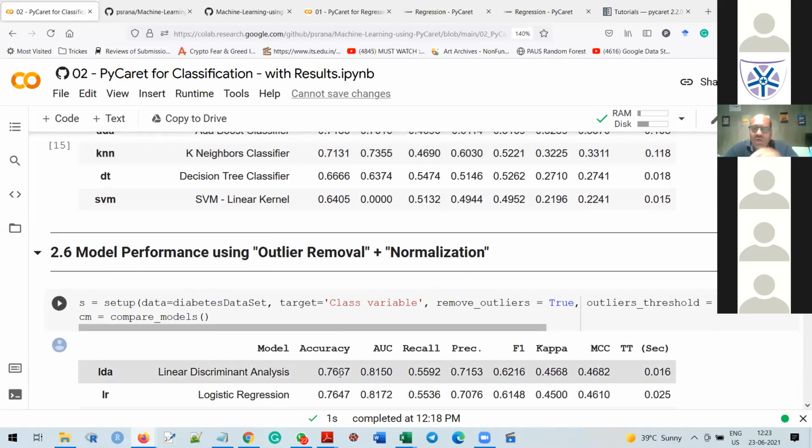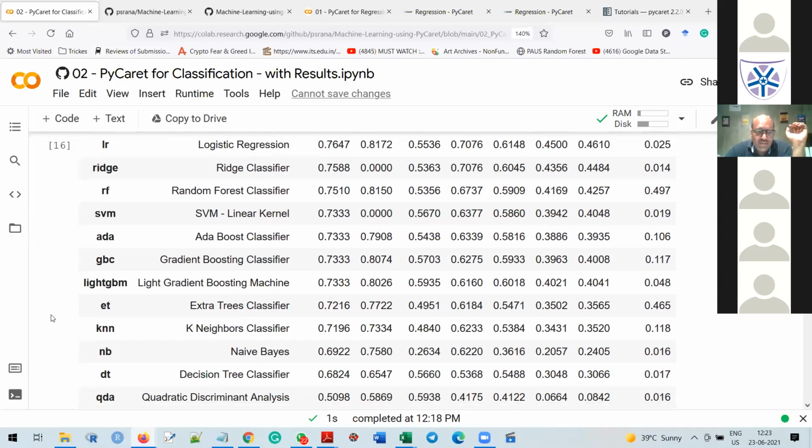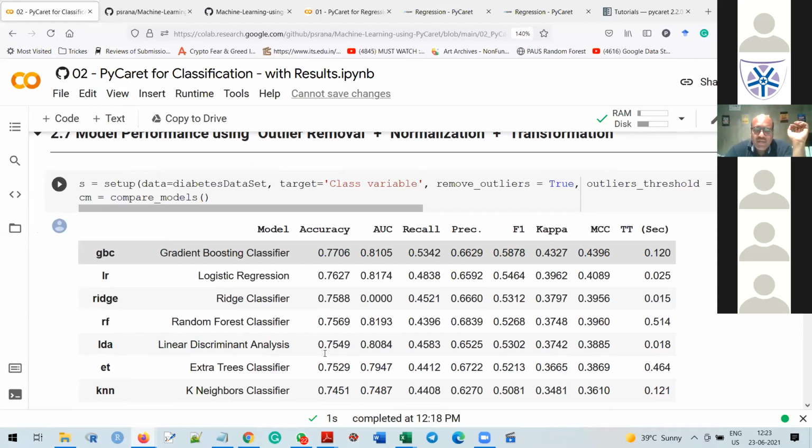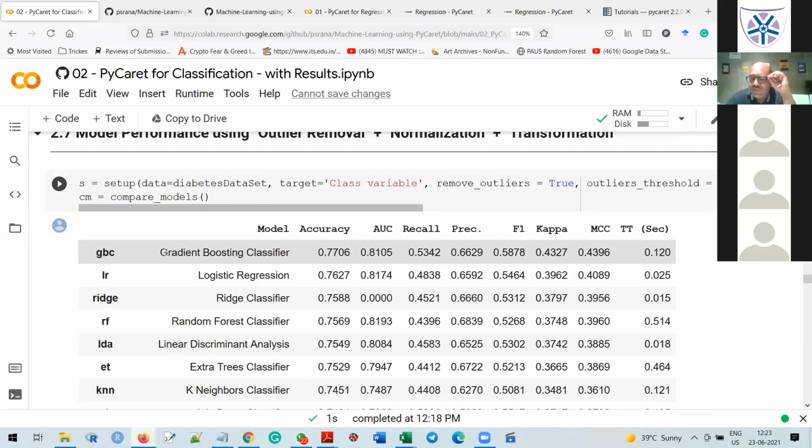So class, this is all about it, 99% of things are the same as we covered in the regression part. Okay, similarly, if we want to apply three pre-processing techniques: outlier removal, normalization, transformation. Again, we are still getting 77% accuracy, but this time my GBC model gives the highest accuracy.